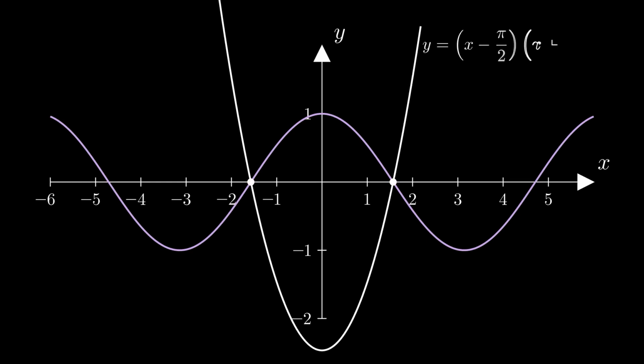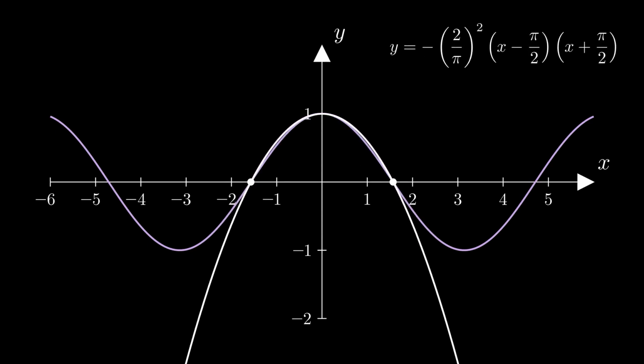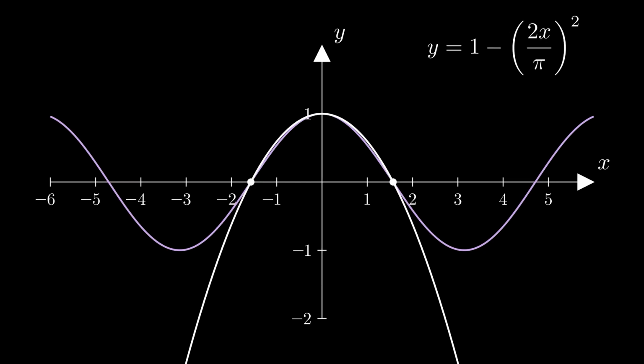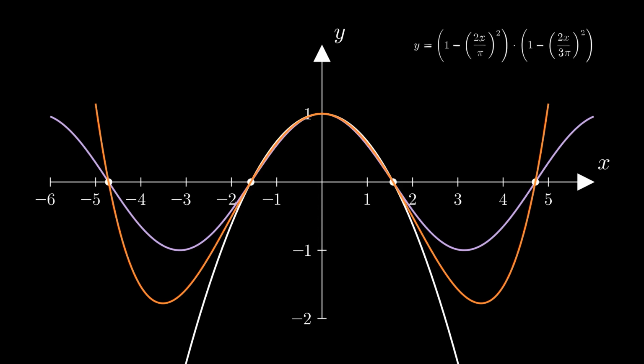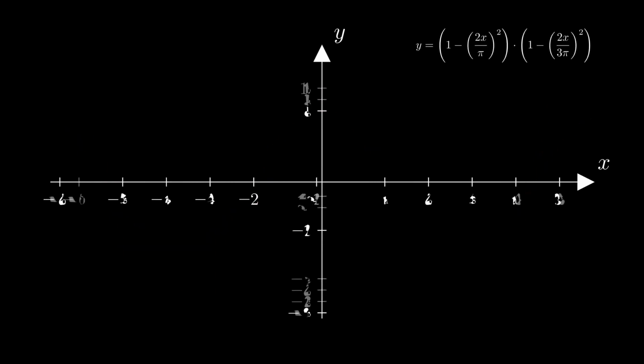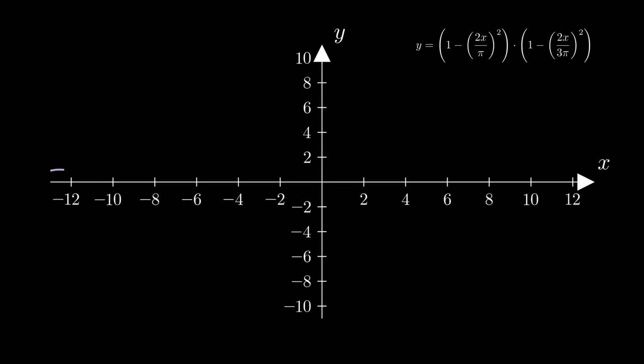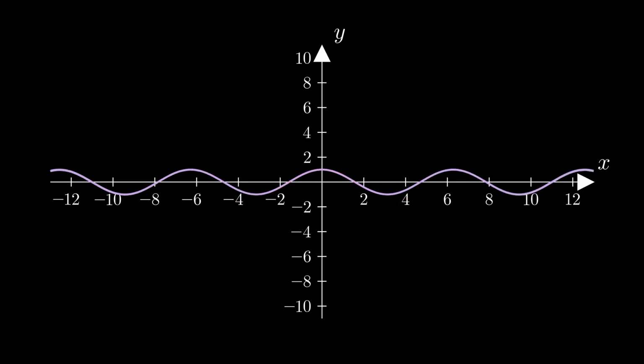This is a demonstration with the first two roots, but let's set a constant in front of the graph so that it most nearly resembles the cosine function, and the equation in the top right corner is what the graph is. Now let's repeat the process with the next two roots, and as you see, near 0 this one is also coinciding. I'll just do a few more examples for you to see how this is different from the Maclaurin series. This is where we were when we had the smaller grid. So we have the first two roots,